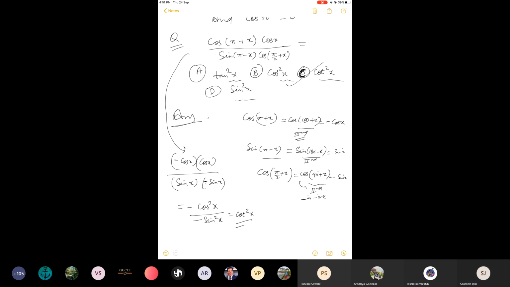From the starting of the class, I am using the same concept, that is reduction formula. I have simplified three terms written on the right hand side of the screen: cos pi plus x, sin pi minus x, and cos pi by 2 plus x. Pi is 180, pi by 2 is 90 degree. Angles are given in radians, change in degrees. Use reduction formula. Cos 180 plus x. 180 is even multiple, it will remain cos only. Angle will be x. And why negative sign? 180 plus means greater than 180, third quadrant. Third quadrant cos is negative, so put a minus sign.